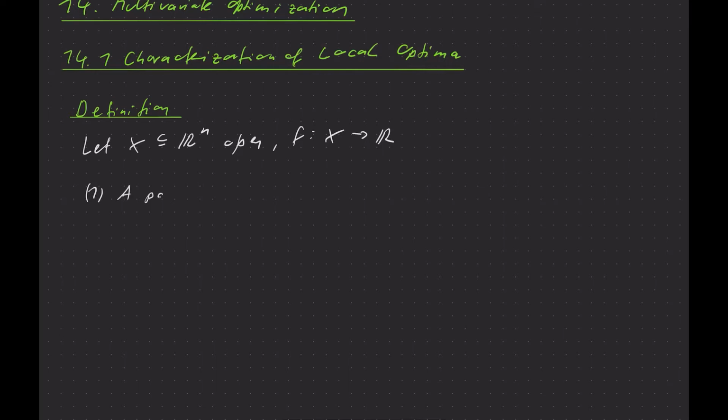Okay, so a point x star in X is called a sometimes strict local minimizer of f